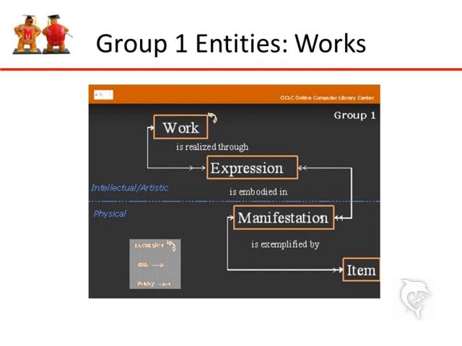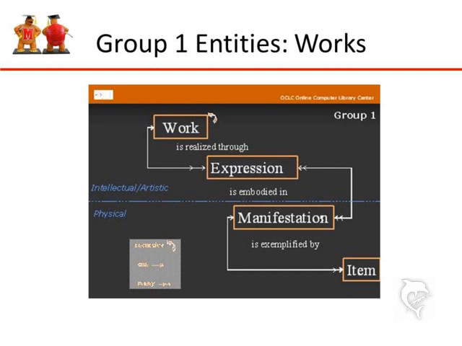And then an item is a thing that you can pick up, and an item is a subcategory of manifestation. So when you pick up an item, you're picking up a copy of a manifestation. And when you're thinking of a manifestation, you're thinking of the manifestation of a particular expression. And if you're thinking about an expression, then you're thinking about the expression of a particular work.